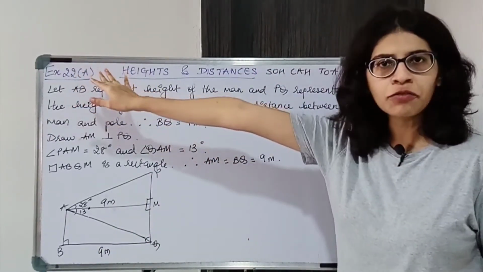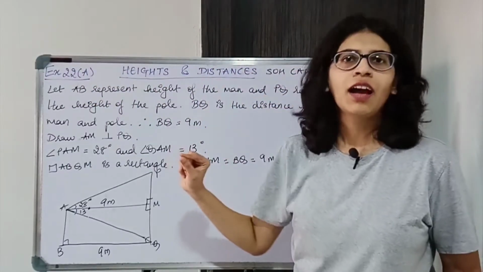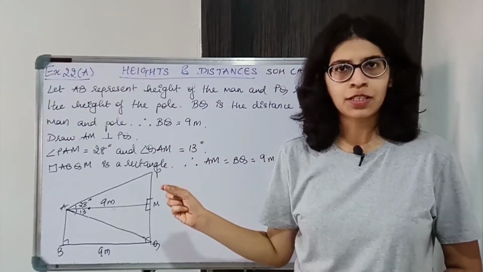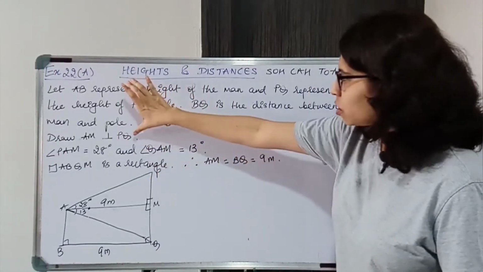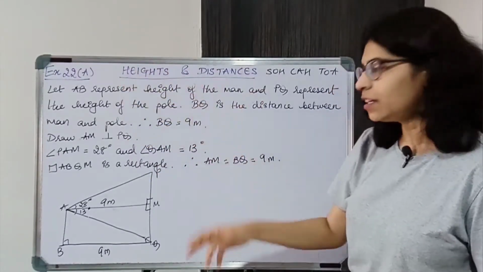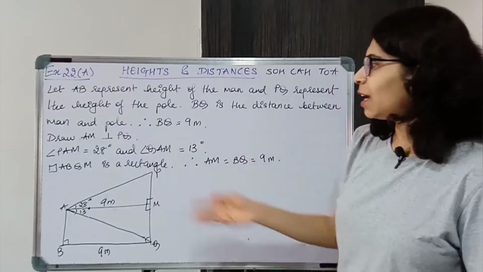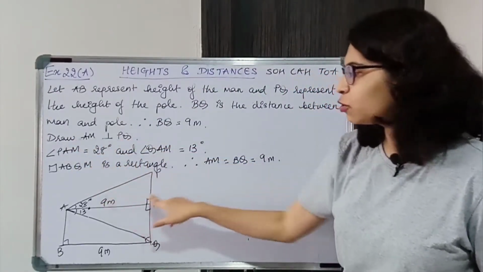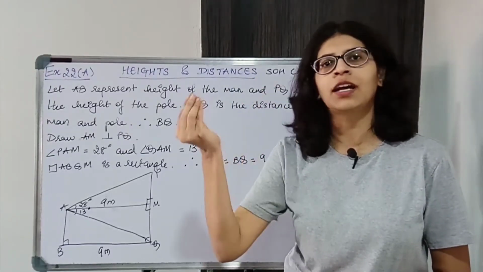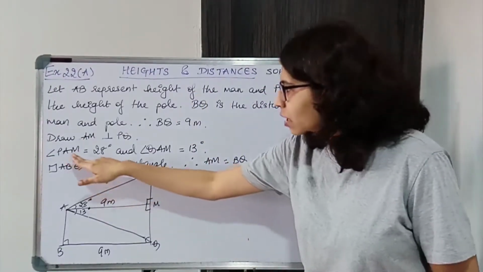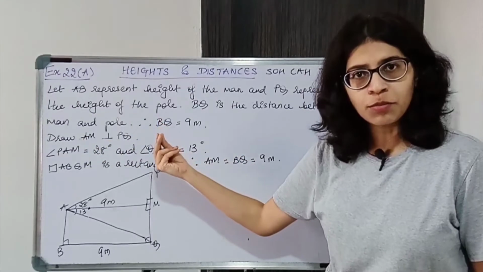You can write it in different format, given, to find, and construction, and then start with the solution. Okay. I've not written in that format. You can write in that format. So this will come in given part. To find PQ. Okay. And then construction में AM perpendicular to PQ. Without AM, you will not be able to draw angle of elevation and angle of depression. So this construction is very, very important.